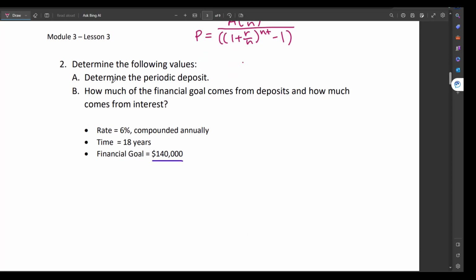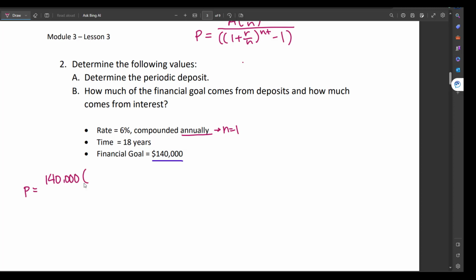So it says that we have our interest rate of 6%. It is compounded annually, so N equals 1. The time is 18 years, and we want $140,000 in our account. So we need to figure out how much money we need to put in every year to get to this value. So our future value is